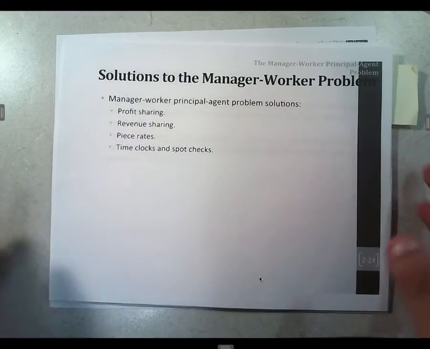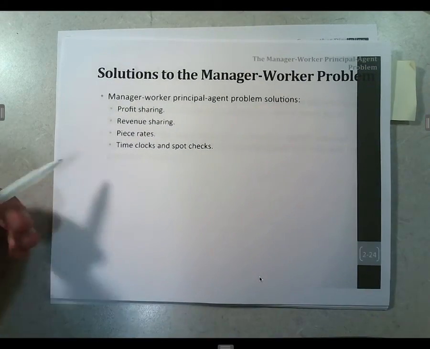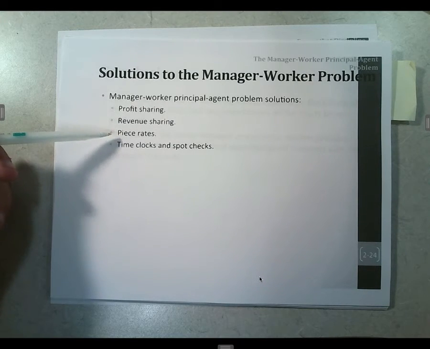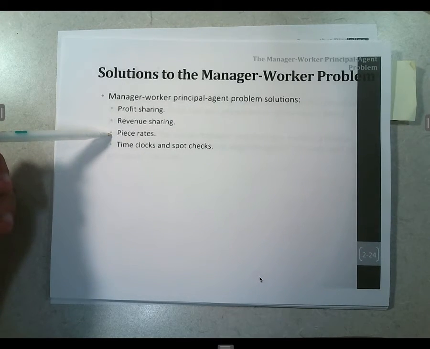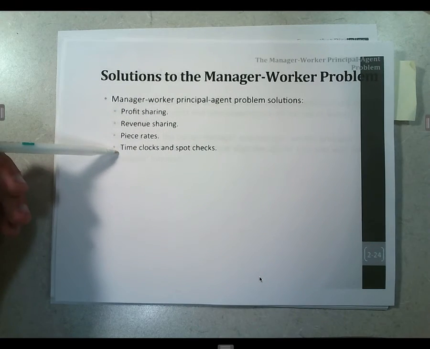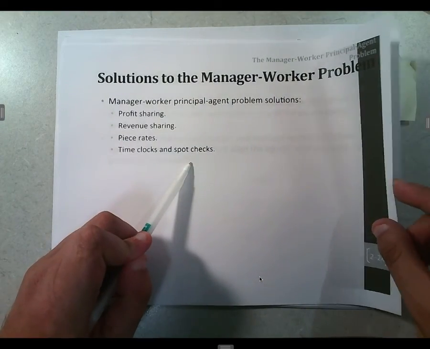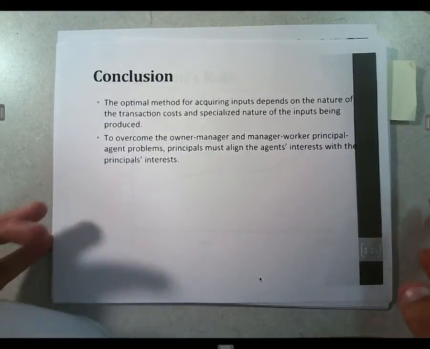What else could we do? Well, I could let them share in some of the revenue. Probably I can see that at Walmart, but you might see that at some other smaller firms, family types of firms. I could pay people, instead of a salary, per job they do. And then I could also have time clocks to make sure that they're working a certain amount of time. And I could have quality checks on the work that they're doing.